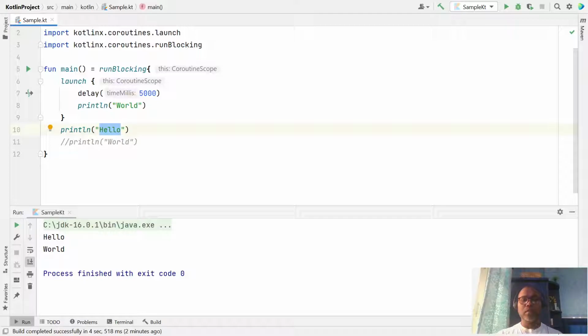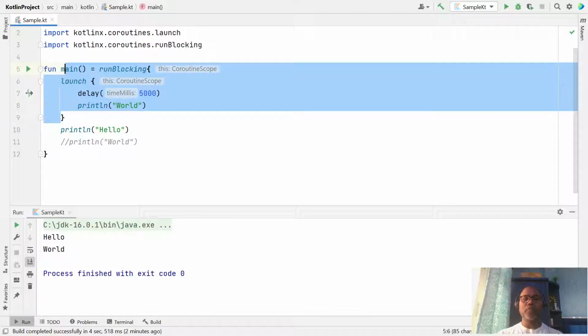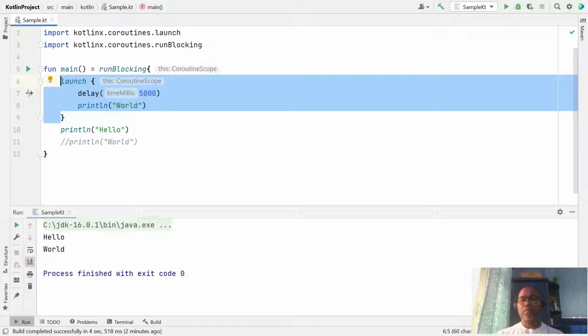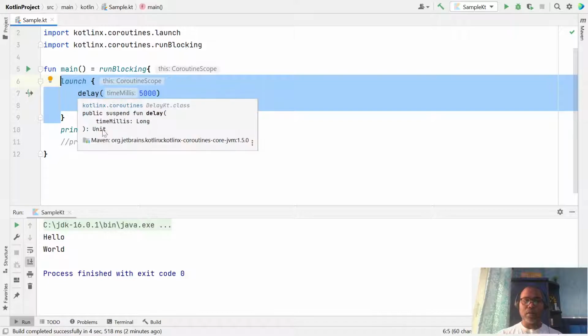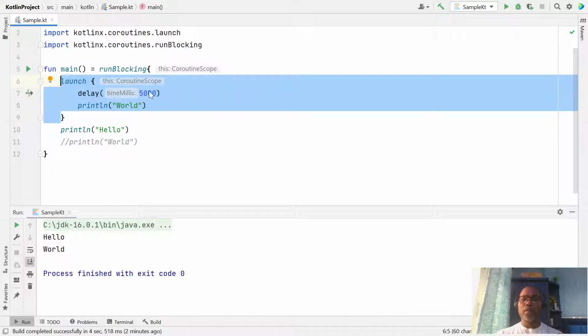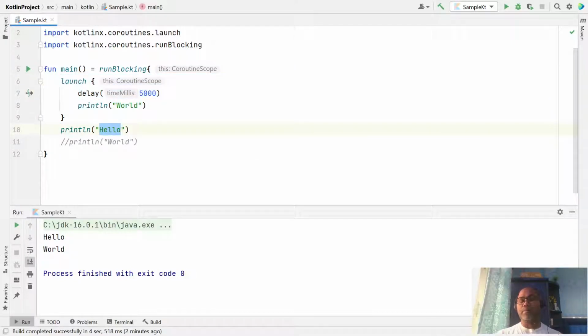But this is independent, an independent executable code. We have put a delay, which means executing this code takes 500 milliseconds, and when it is completed, after that world will be displayed. But no, this is coroutines.